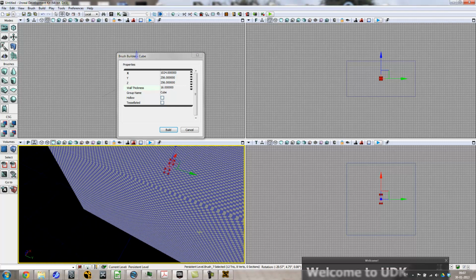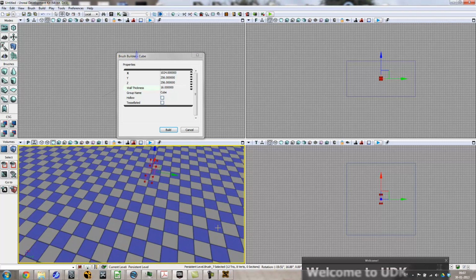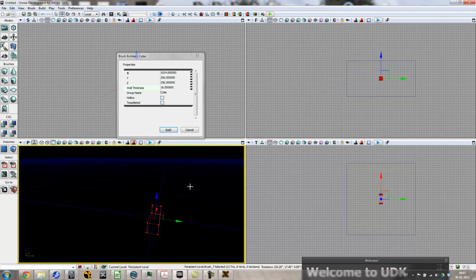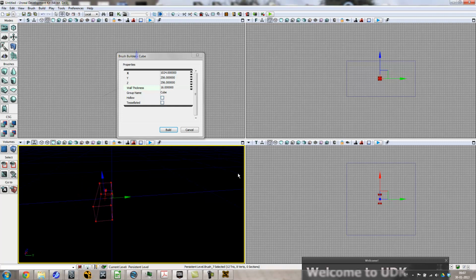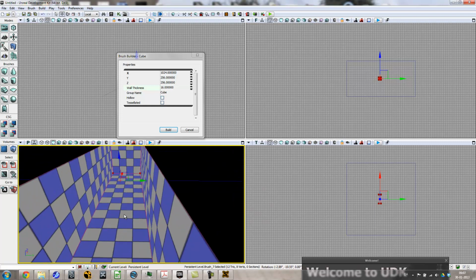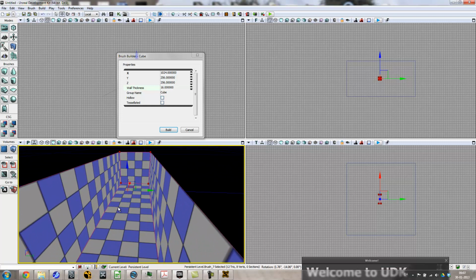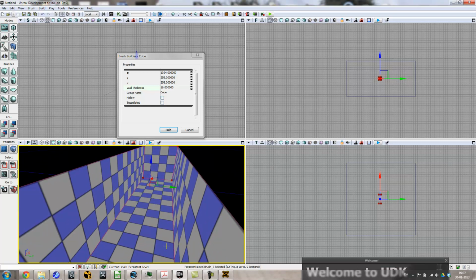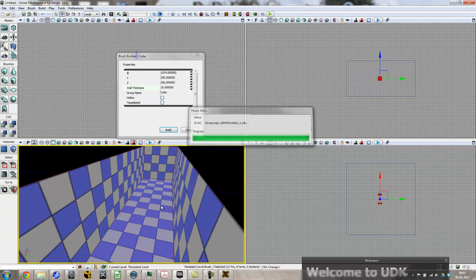So you can see that I have a small corridor here, and if I move inside the cube, you can see everything is black because I only see the outside. But this is actually good because now, as I made this, I will start cutting out stuff. So I'll just go CSG subtract, and you can now see that this is actually a corridor. And I can play this. I can right click and go play from here, but it will be dark